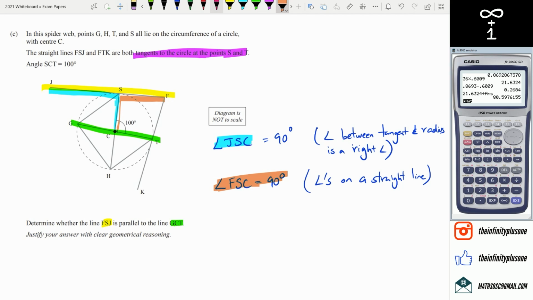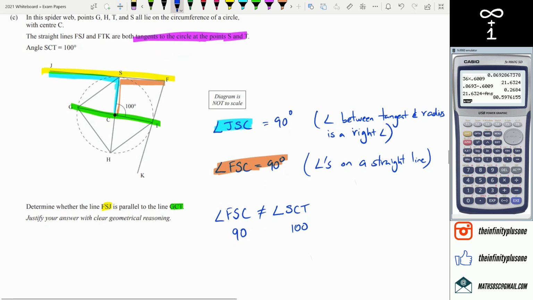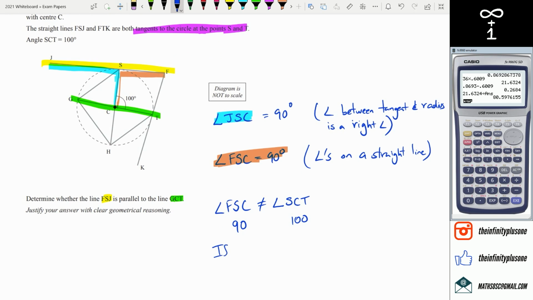Now here comes the problem. Angle FSC is not equal to angle SCT, because FSC is equal to 90 and SCT equals 100. And if JSF and GCT are parallel,